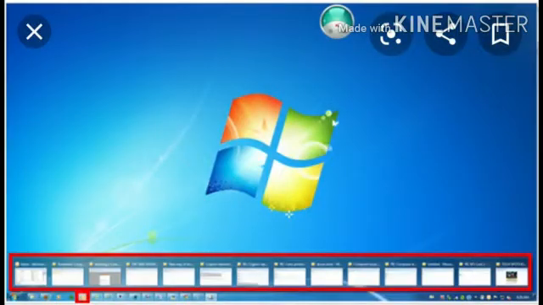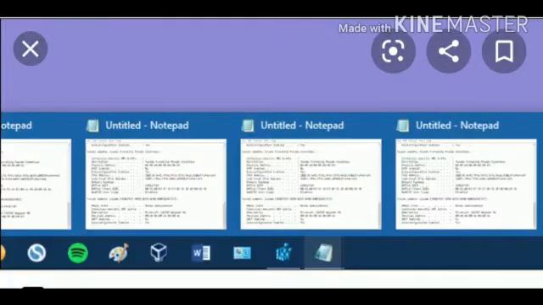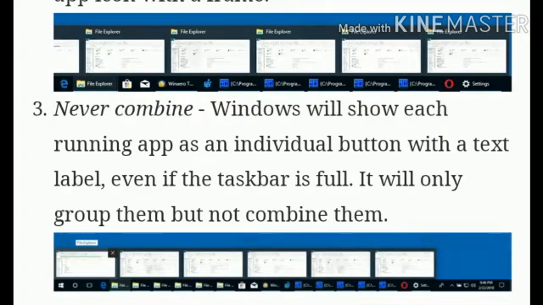Never combine option prevents piling. It will never combine any program. It will show all the programs that are opened on the taskbar as you can see on the screen here. It is like opening all your subject books and spreading them on the table.